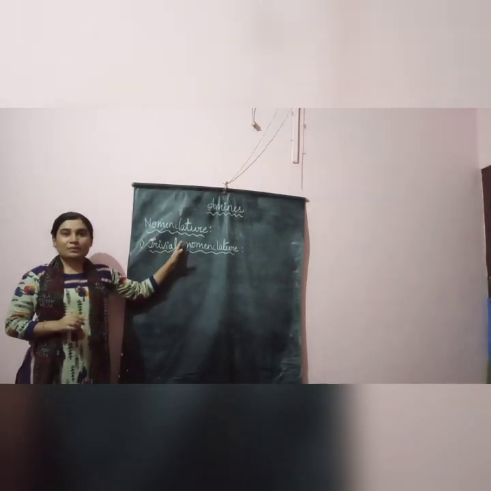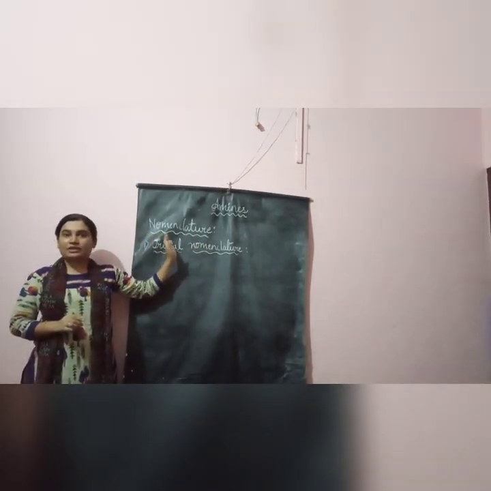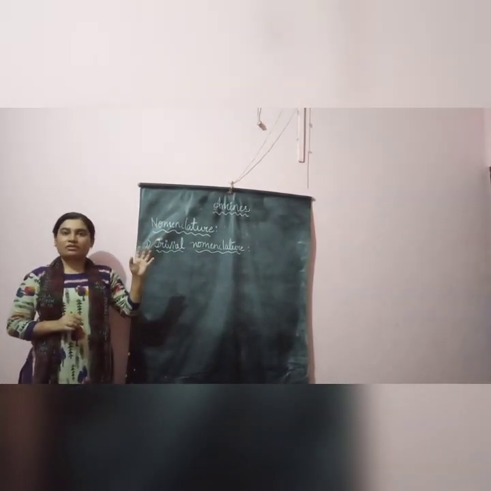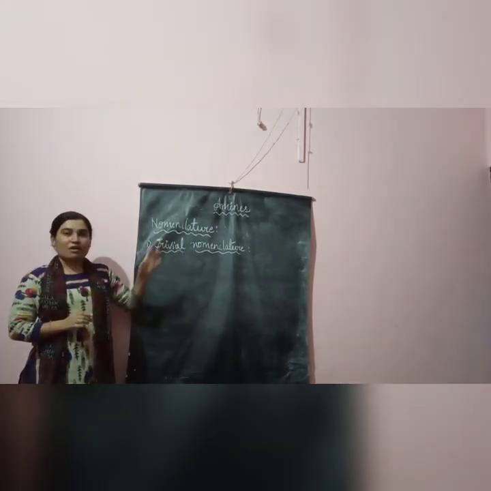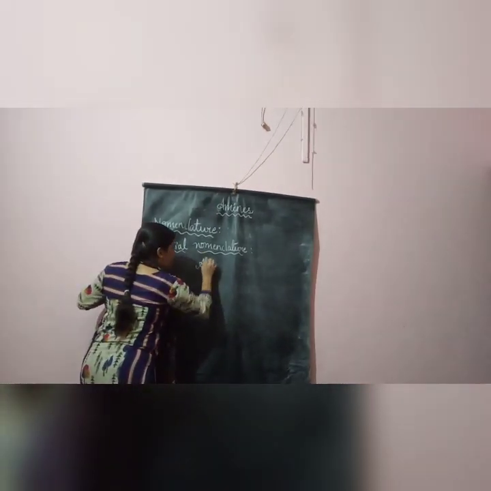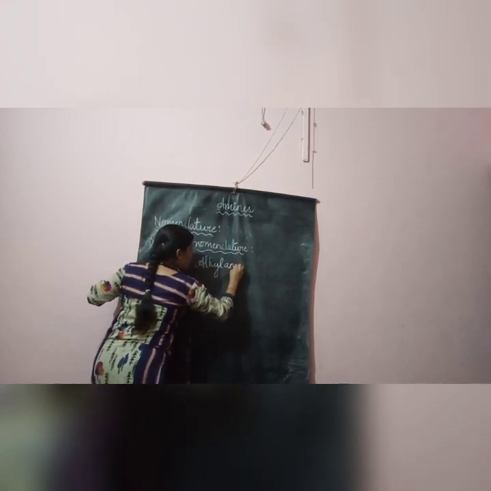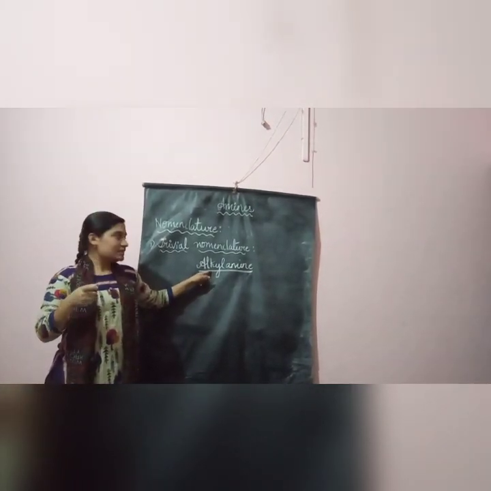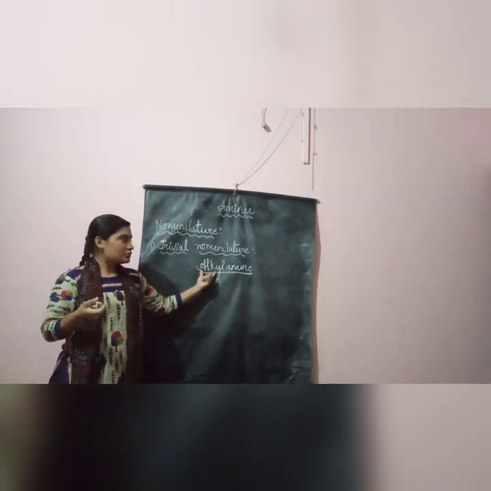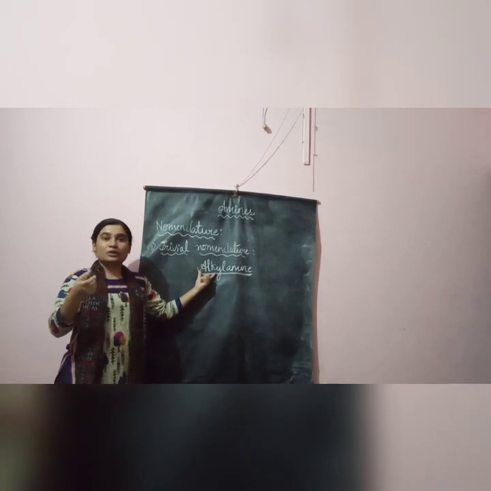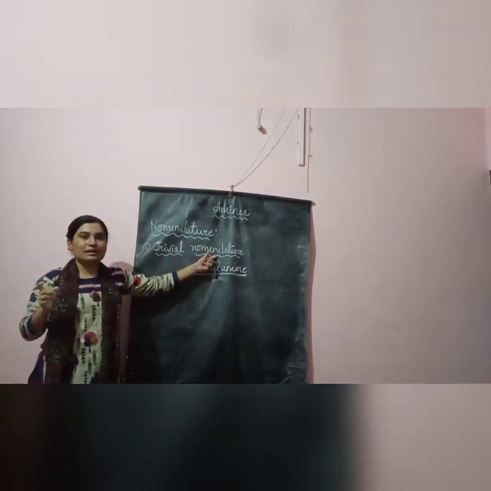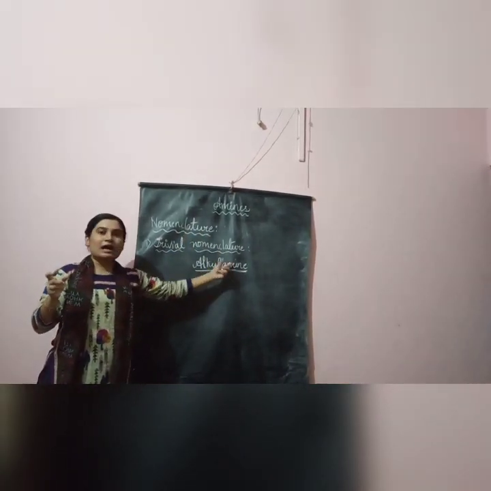So in this, first let me start with the trivial nomenclature of amines. Trivial means commonly how I am going to call amines. Always we follow the same format for trivial nomenclature of amines. What is that format? Alkyl amine. Here alkyl goes on changing depending on which alkyl group is attached. If CH3 is attached, alkyl is replaced by methyl, so it will be methyl amine. If you have C2H5 attached, then it will become ethyl amine. So I hope you are understanding the trivial nomenclature format followed for amines: alkyl amine.